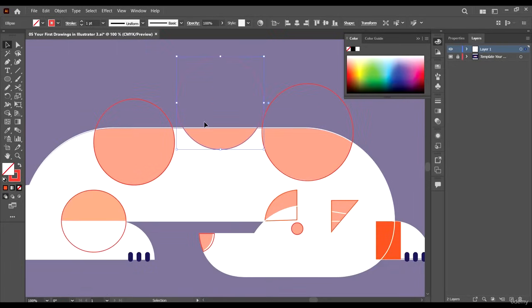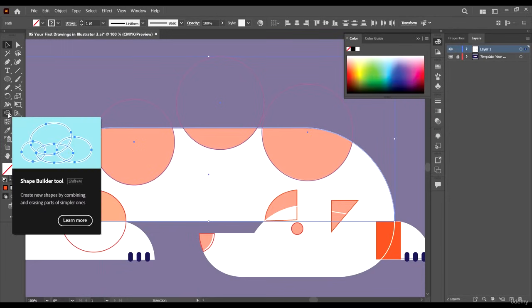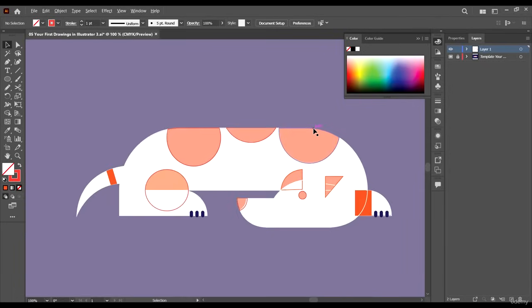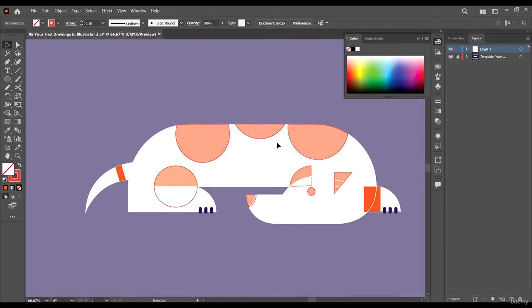Okay, and what else do we do? Select all of these, and select the main shape here, and then select the shape builder tool and hold down Alt to minus these shapes. And yeah, we have our design complete now.